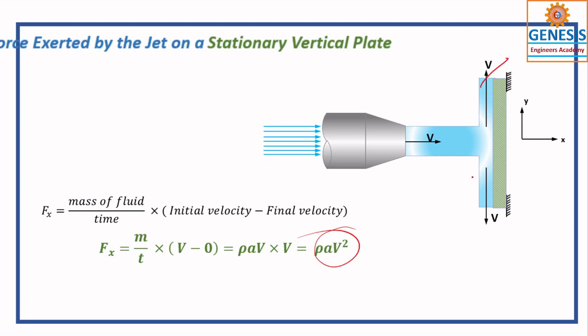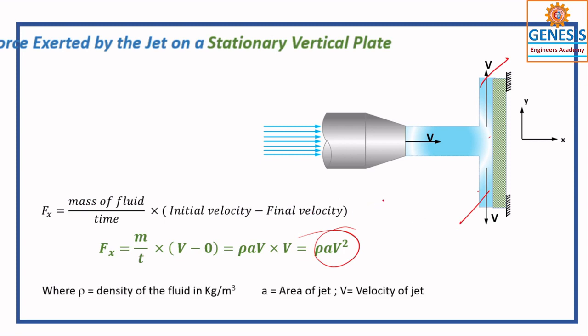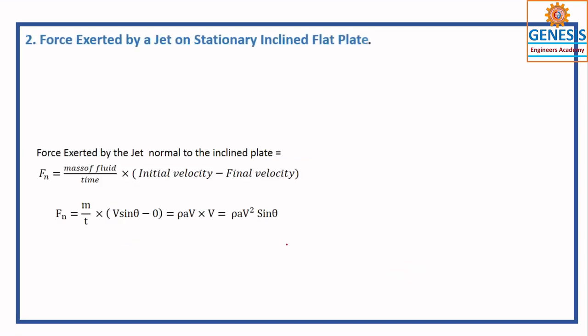So you can take either the upward direction part and the downward direction part, okay, in the y direction. So what would happen to that? So this is the density of the fluid. Rho is the density of the fluid, which unit is kg per meter cube. This is area of the jet, and this is the velocity of the jet. Area of the jet is meter square. Velocity of the jet is meter per second, and the density is kg per meter cube. You are going to get kg per second. That is called mass flow rate m dot. Okay, now